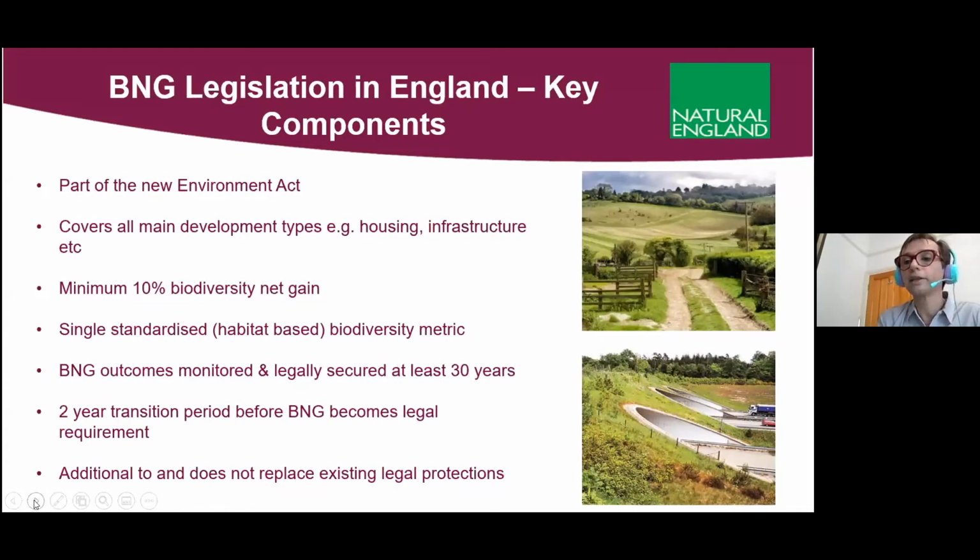But what's really going to change the future is the recently passed Environment Act. And this now includes a legal requirement that essentially all development projects in England, so that's housing and infrastructure, will have to implement a biodiversity net gain approach in the future. It requires these projects to deliver a minimum of 10% biodiversity net gain. That can be increased locally if the local planners require that, and it's all measured using a standardised biodiversity metric. And I'll talk about that metric in a little bit.